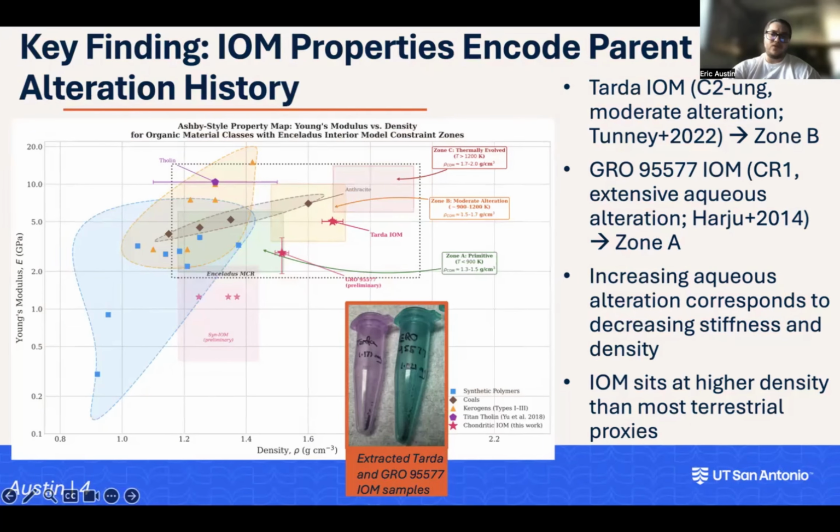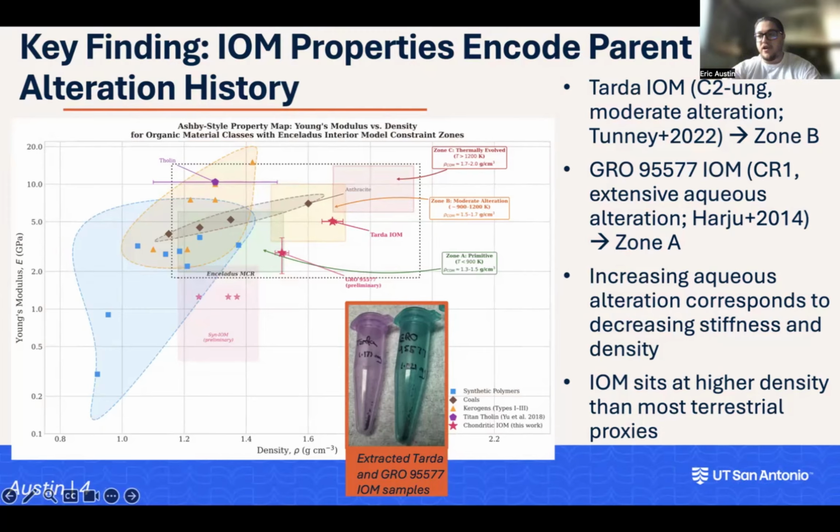The results were incredibly revealing. First, I measured IOM from the Tarda meteorite, which experienced moderate aqueous alteration on its parent body. It landed squarely in Zone B with a modulus of 5.03 gigapascal and a density of 1.68 grams per cubic centimeter. Next, I measured IOM from GRO